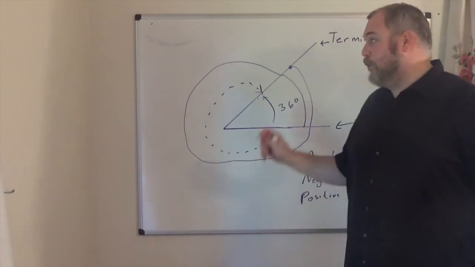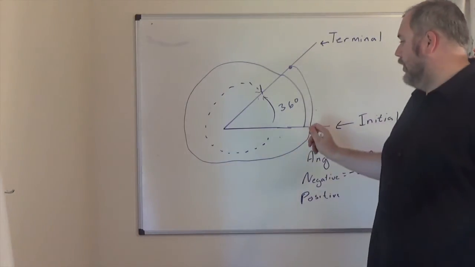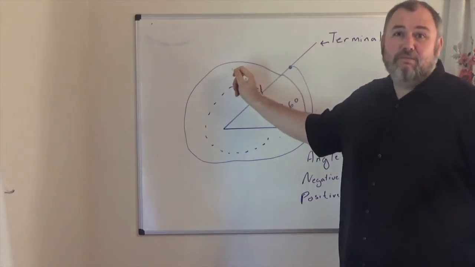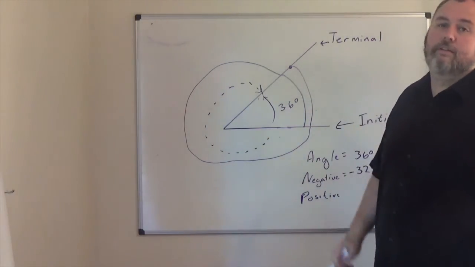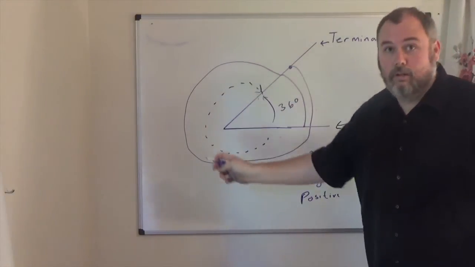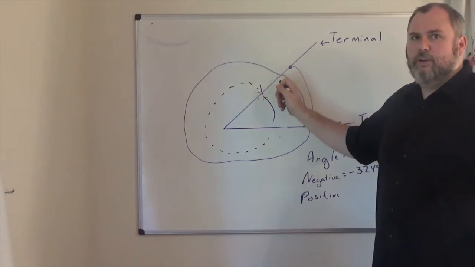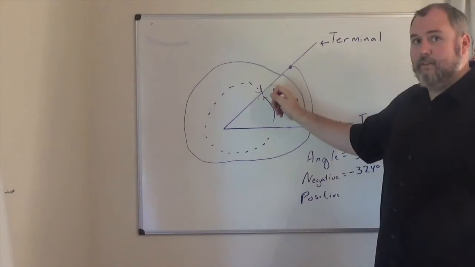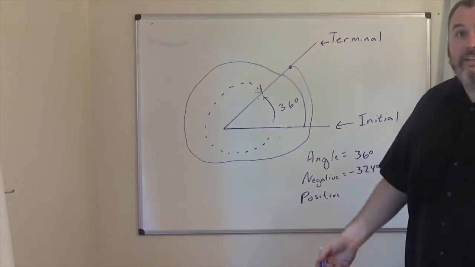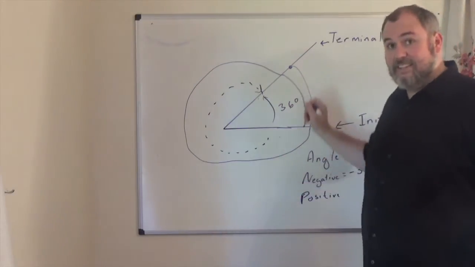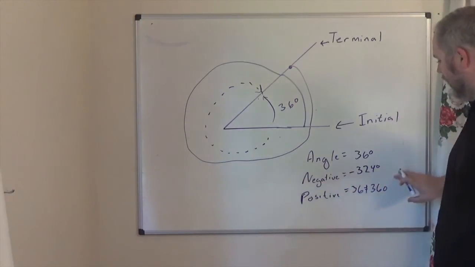So what have I just created? I've created a really big angle. I started here, just kept going. I didn't want to stop there. I wasn't ready for it. Kept on going around, went back to where I started. So what did we really do? Well, we know we went 36 degrees here because that's what we went first, but we kept on going, so we made an entire more circle. So really we can say 36 plus 360, and what we get is